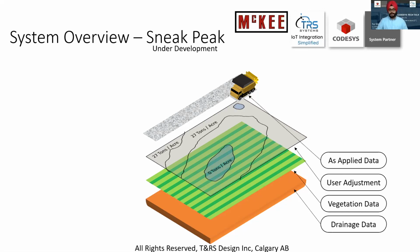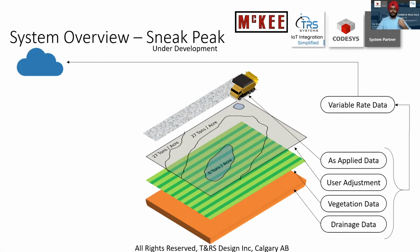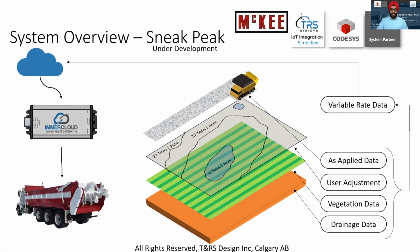And then last but not the least, we've got the as-applied data from the previous years, and we've got the ability to analyze that data on what effect it had on the crop for that season. What we're going to do is the cloud is going to perform the math to calculate the variable rate data. And that variable rate data would be a combination of all these 4 data sets, calculated as part of that process. And that variable rate data gets sent back to the cloud, and then it makes its way back